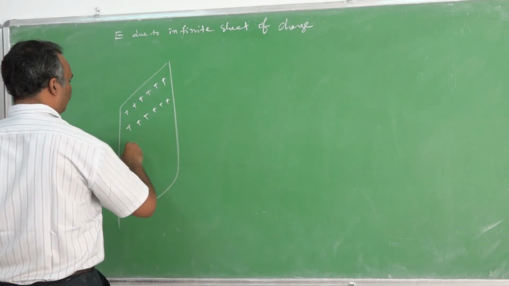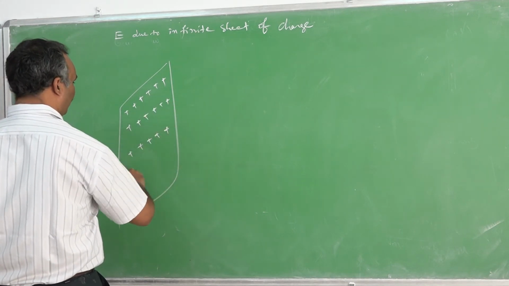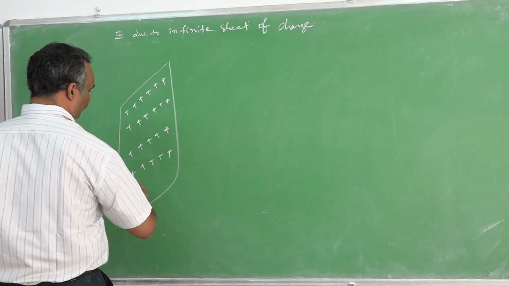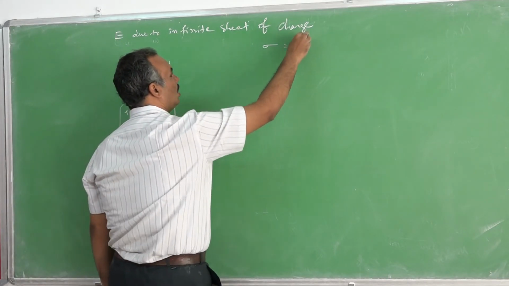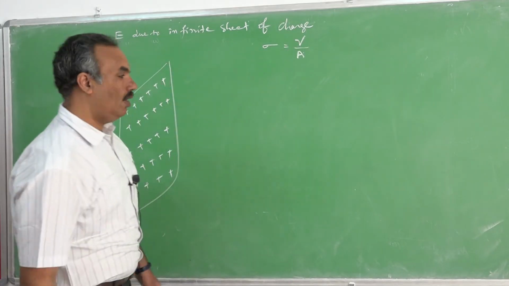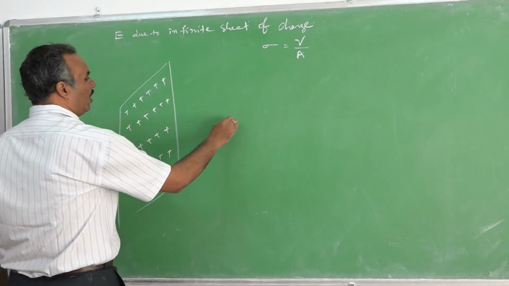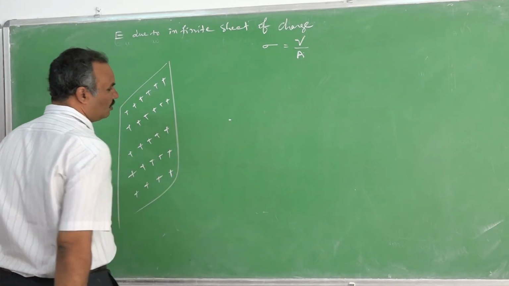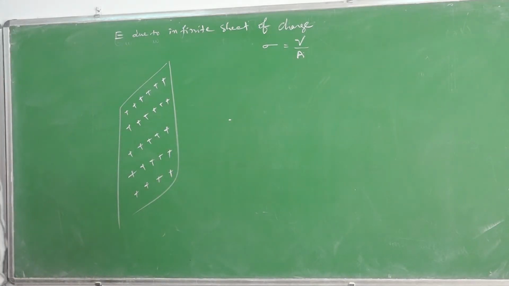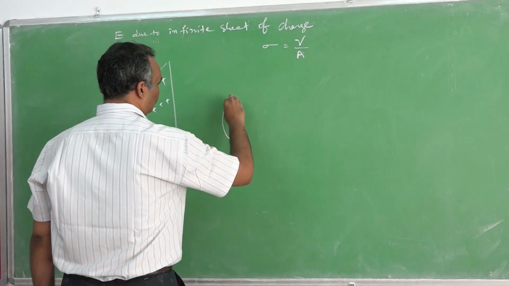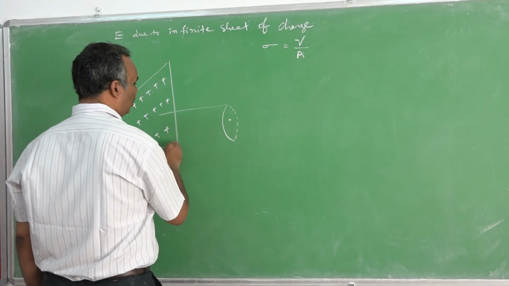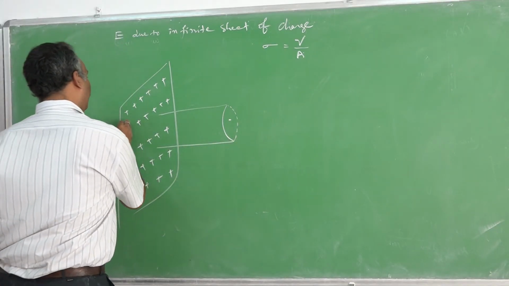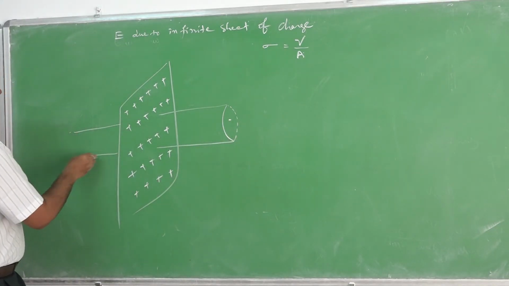As we defined earlier, the surface charge density is given by sigma is equal to charge available per unit area, like this. I need to find electric field strength at this point. In order to find the electric field strength at this point, I need to consider a Gaussian surface. I may consider the Gaussian surface of any shape. I am considering it in the form of a cylinder. In your Oswald book, it is given in the form of a rectangular parallelepiped. Anything you can take, no problem.